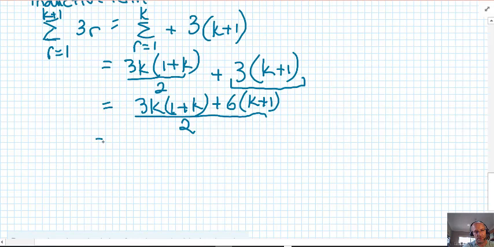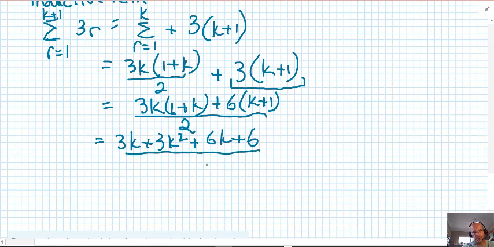We expand, so we've got 3k plus 3k squared plus 6k plus 6 all over 2, which can be written as 3 outside of k squared plus 3k plus 2 over 2,